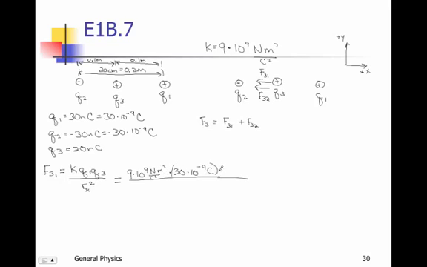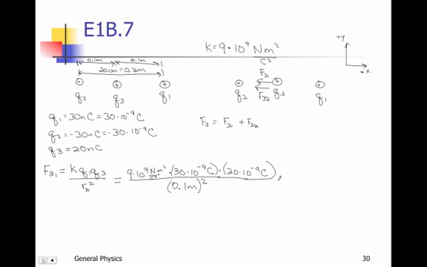The charge on Q3 is 20 times 10 to the minus 9 coulombs. And then my R 3,1, the distance between these two charges, is 0.1 meters. I needed to change from centimeters to meters here because of my units. My K is given in newtons meters squared per Coulomb squared, so I needed to change my units from centimeters to meters so that this would cancel out, and this is